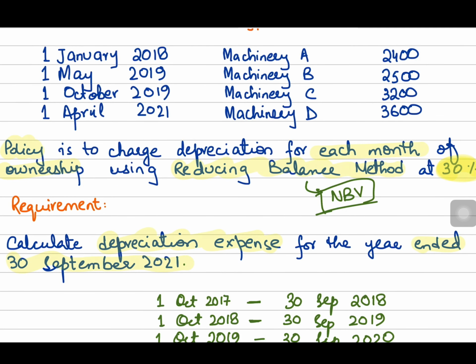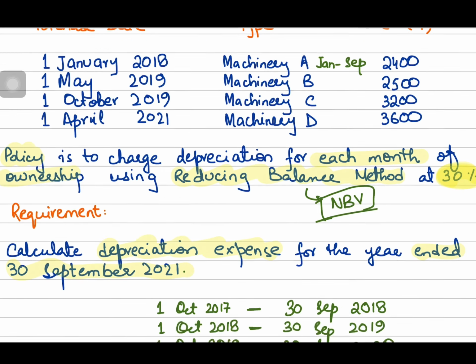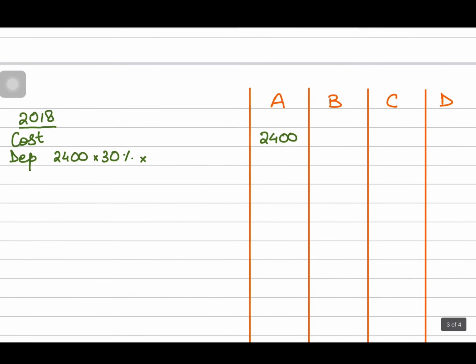So now I have to count the number of months for which the asset was there in the year ended 2018. Since this is being purchased on 1st of January, from January till September you count the months, and the months would be 9 months, right? So in the year of purchase, this asset was there in the business for 9 months. So for 9 months I'll be charging depreciation in its year of purchase, by multiplying it with 9 and then dividing it by 12 months, right? So this means that my depreciation in the year of purchase will be 540,